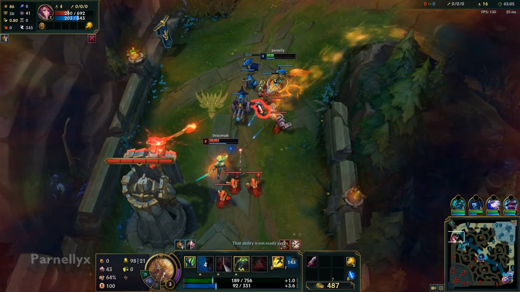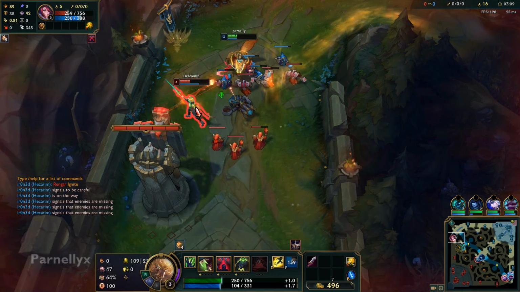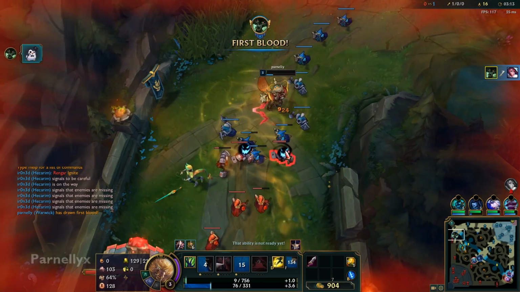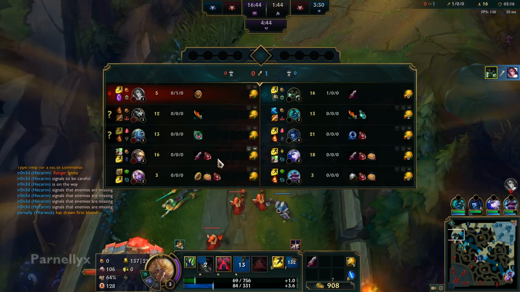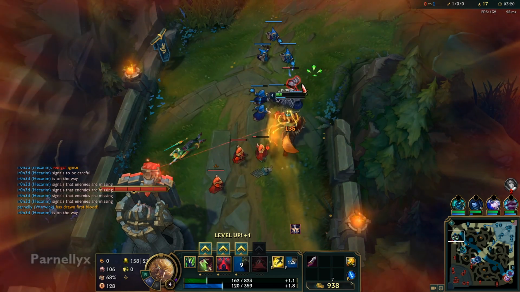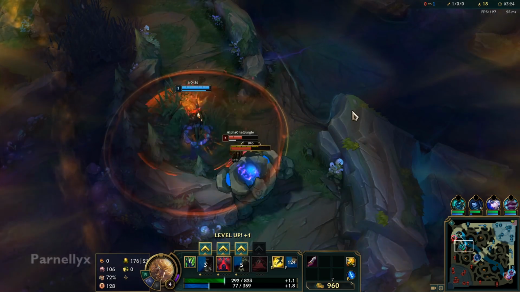Damn, she W'd my Q, which was actually smart on her part, but... There we go. Get the tower reduction. Very greedy of me to not flash, but I felt confident in that. Oh. Okay, she's gonna TP back, so I need to...